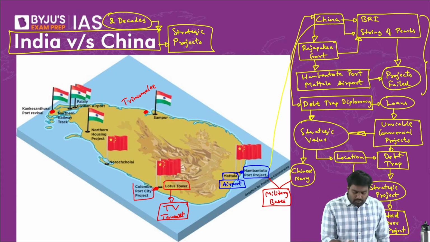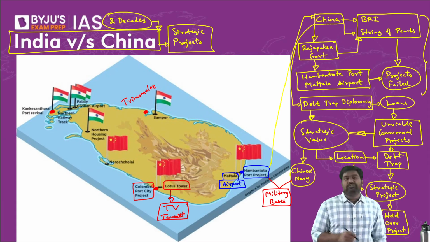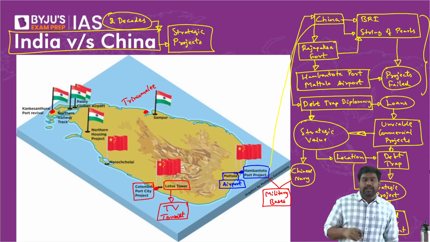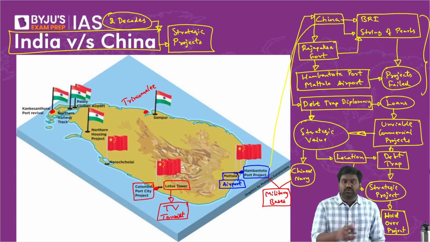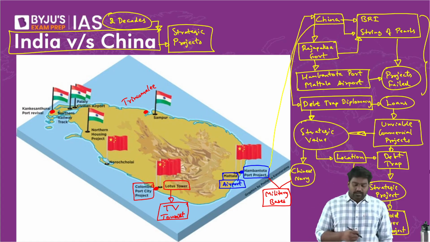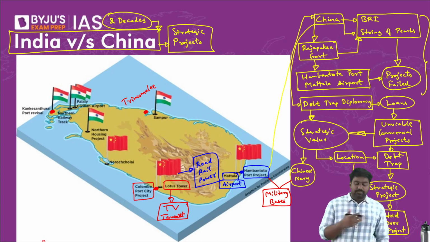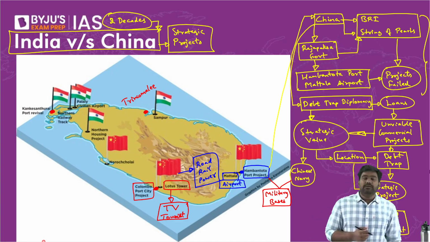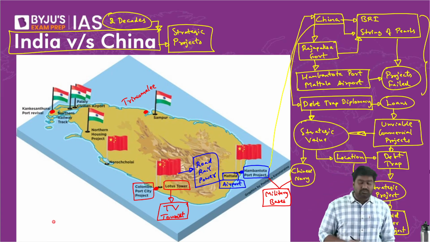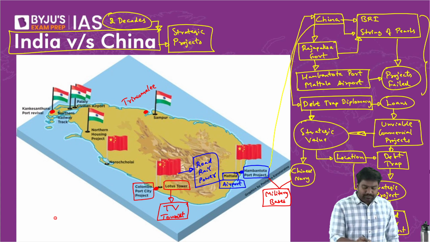Then the strategic Colombo port has been built by China. All right. Many years ago, India had played a role, but in the last 2 decades, China has taken over the project. It has built the strategic Colombo port. Apart from this, China has taken up many key road, rail, and power projects and has invested several billion dollars in the country. All right, so this is what makes China very influential in Sri Lanka. Now let us see Indian projects. Let's see how we are countering the Chinese investments.